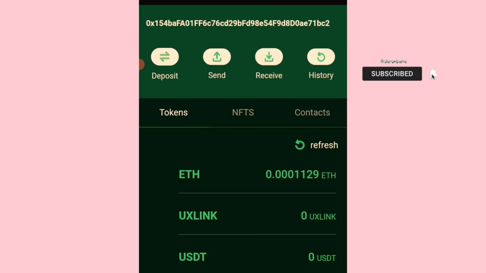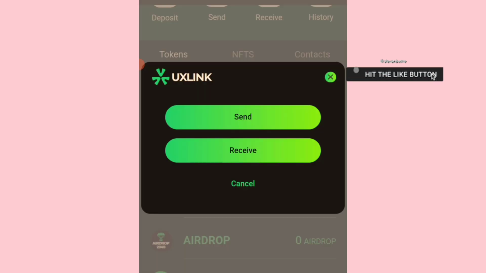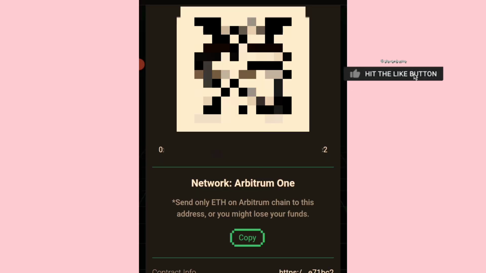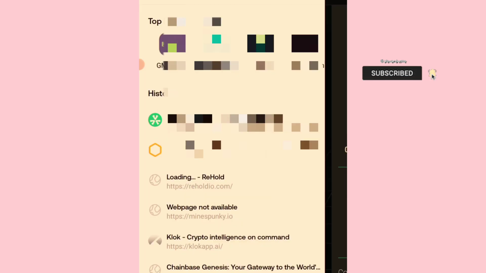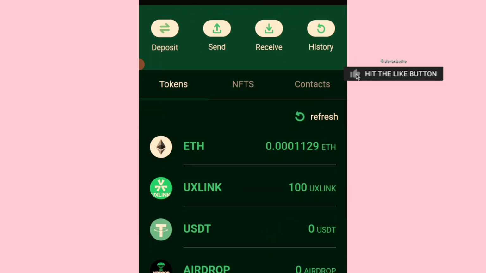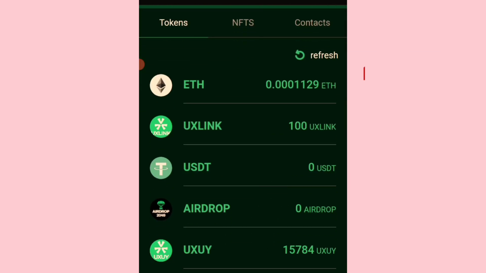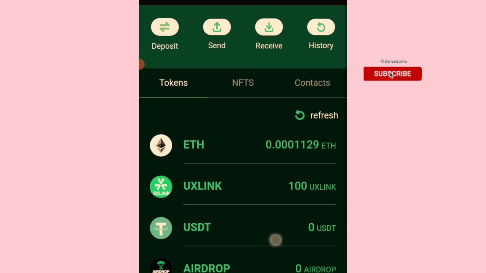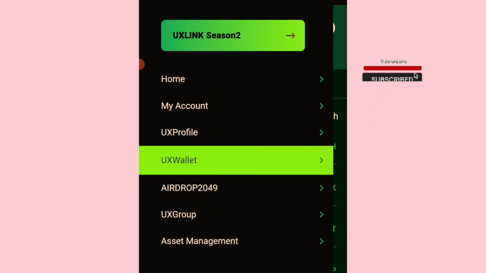I'm gonna go back to my wallet here. Click on deposit. I'll click on receive, and I'll just copy the address. Then I'll go to where I have my UXLINK and send here. I can still stake like 200 pieces of this UXLINK. So I've just deposited 100 pieces of UXLINK to their platform. You see, 100 UXLINK. So now I can go back to the staking page and see if I will be able to stake for my available balance,